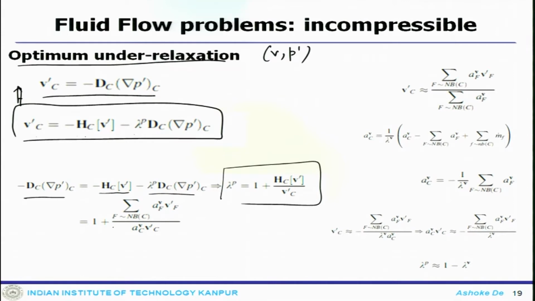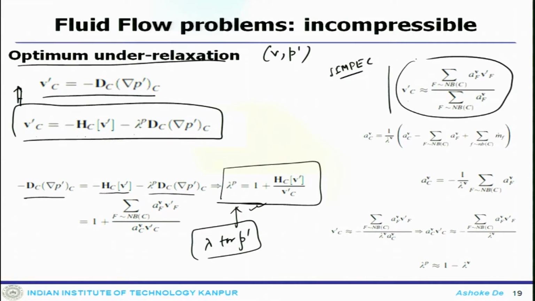So therefore, using an approximation introduced with SIMPLEC, the velocity corrections at C can be written as a weighted average like this. So this is done in SIMPLEC, and this is the correction factor lambda for p prime, the pressure correction equation. Now when you move ahead from SIMPLE to SIMPLEC, the kind of corrections was eliminated and the velocity corrections can be estimated like this. This we have already seen, so there is nothing new here that we are writing.